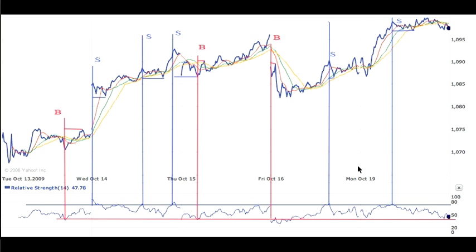This is the SPY chart for the past 5 days. As you can see, I drew a line here around 70 on the RSI, Relative Strength Index. Anything above this I consider overbought. Every time the RSI has gone above 70 last week, anyone who went short would have been in the green within 2 hours. I do realize that the moves are only 2 to 4 points and relatively small, but even